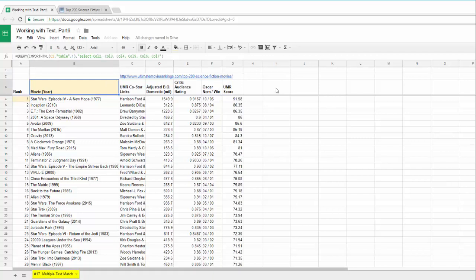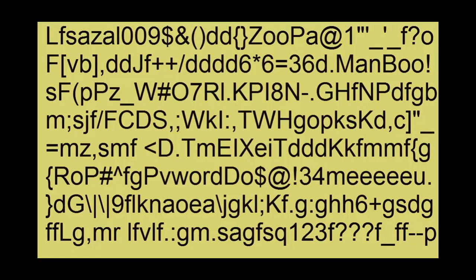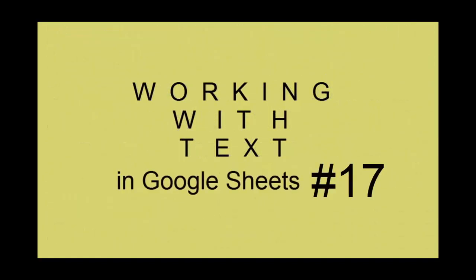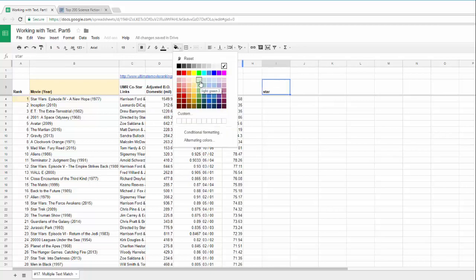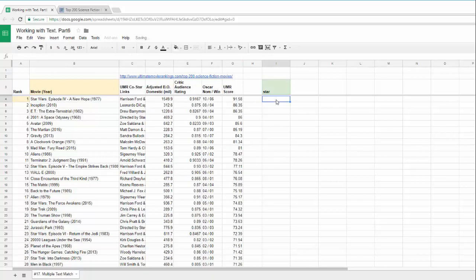And the aim of this video is to look at multiple text match. I want to watch for Star Wars movies. So I'll type star here. This will be our text entry. I'll paint it with green, and let's